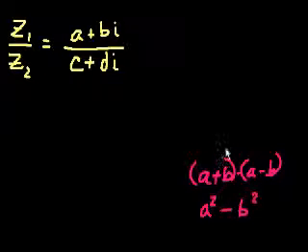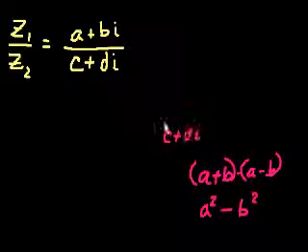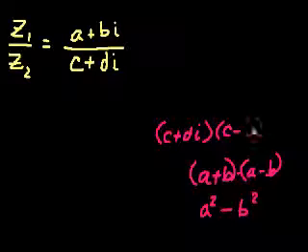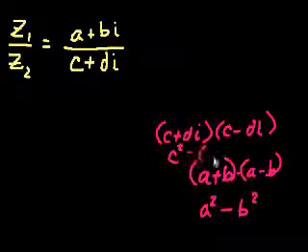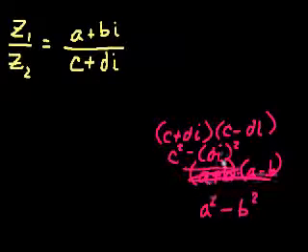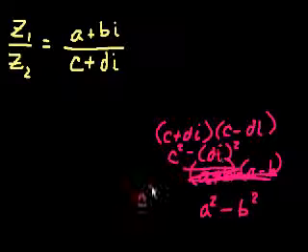And so if I multiply a complex number, let's say in theory I multiply a complex number c plus di times c minus di, what do I get? I get c squared minus di squared. And what's di squared going to be? It's d squared times negative 1. So it becomes c squared